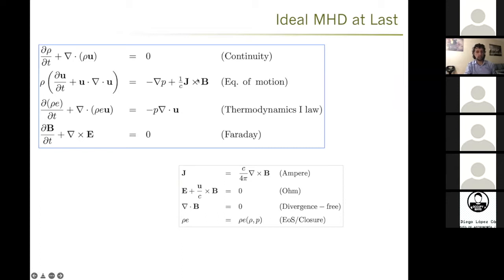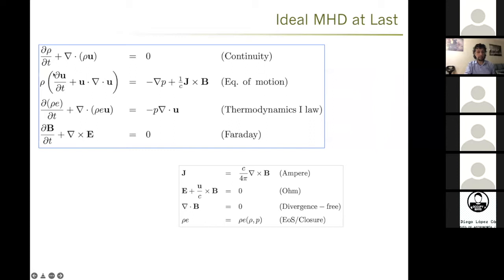We have J cross B, which is the Lorentz force acting on the fluid. J is the current density. And then we have an extra equation, which is the Faraday law, the law of induction. Now, of course, these are the equations. There is a total of 1, 2, 3, 4, 5, 6, 7, 8 equations, 8 equations to be evolved in